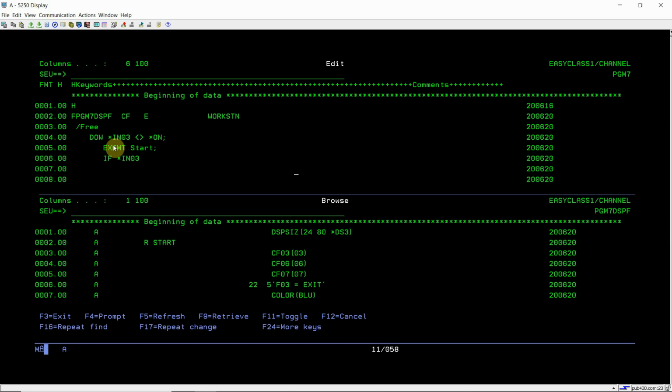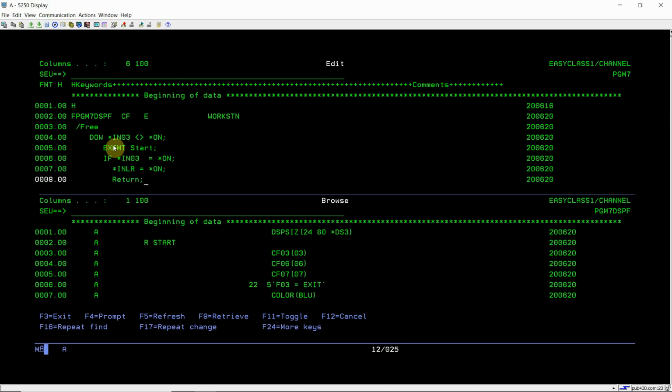So if F3 is equal to *ON, meaning this is on, then I'll set the last record indicator as on, *INLR equals *ON, and we will return from the program.